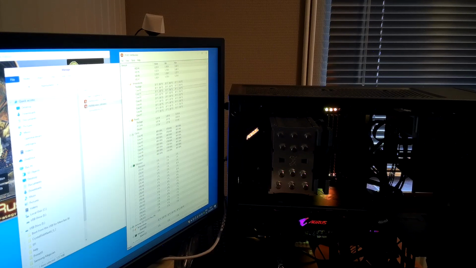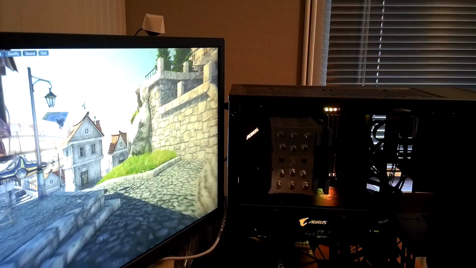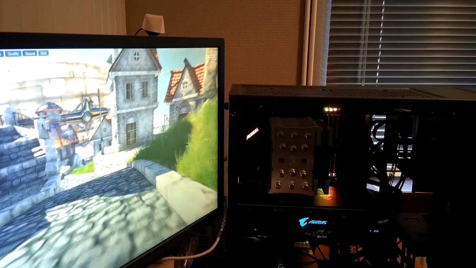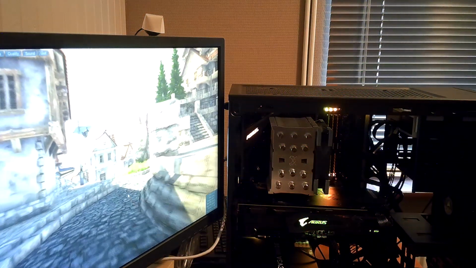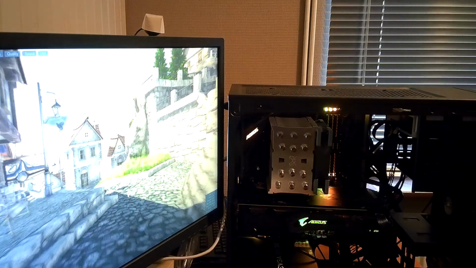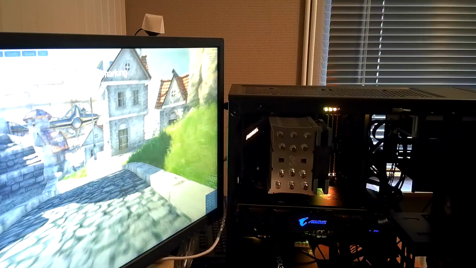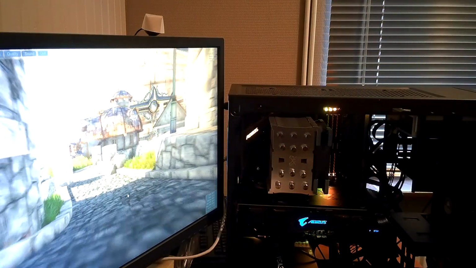So I'm going to look at this one and I will say F9 and then it will start benchmarking. So let's see what that does. Looks good to me.